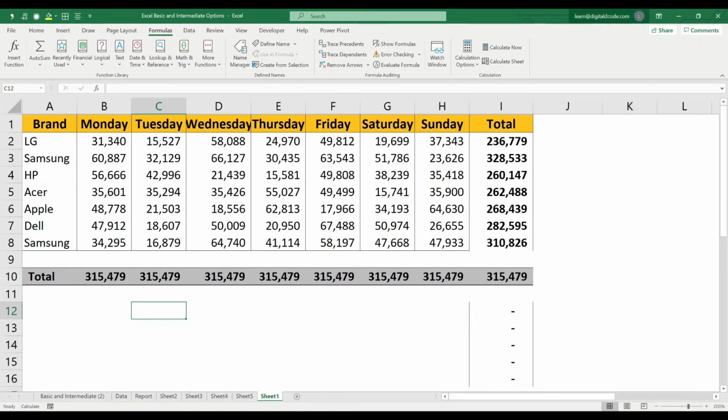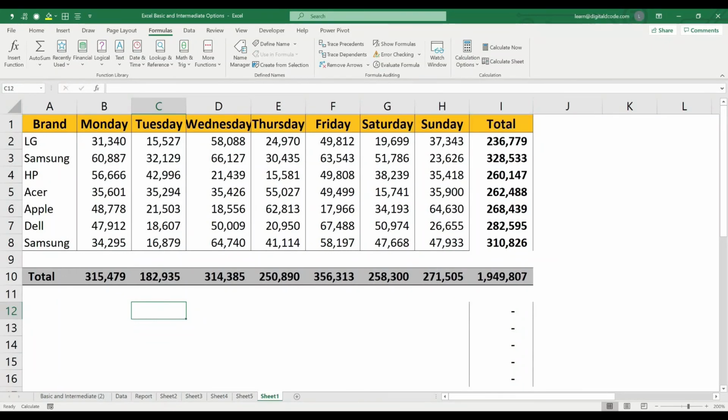Now I want to calculate, I can use Calculate Now, which will refresh the whole workbook. But assume I'm working on only one sheet, and I don't want to refresh the other sheets. In that case, to save time, you can calculate only this particular sheet. This will run quickly compared to Calculate Now. Now if I press this, you get the results very soon.